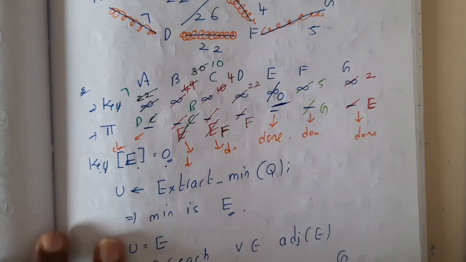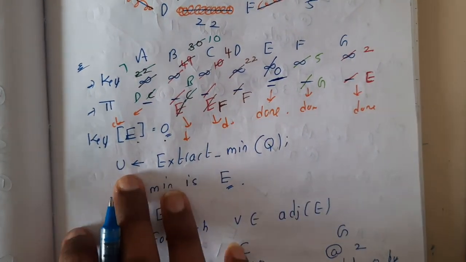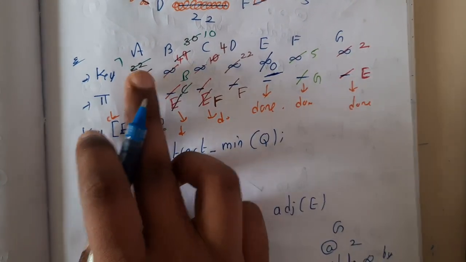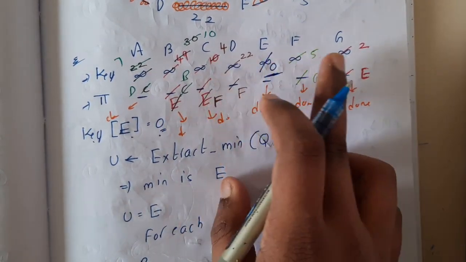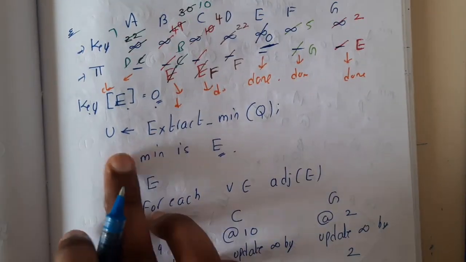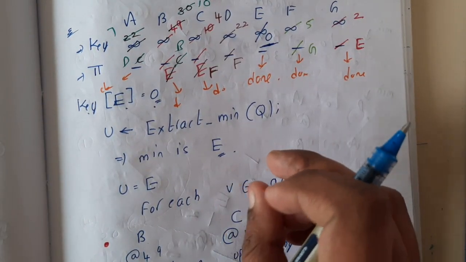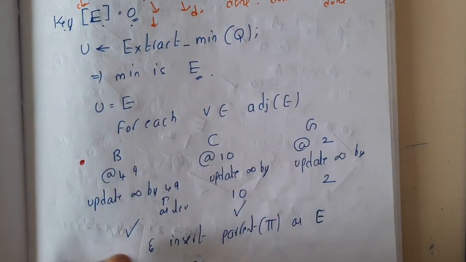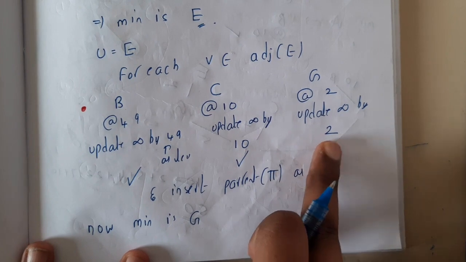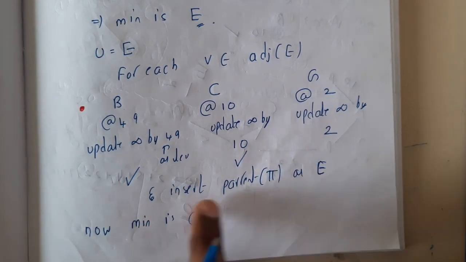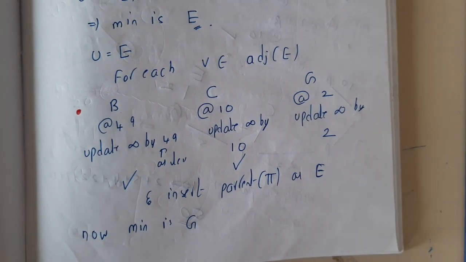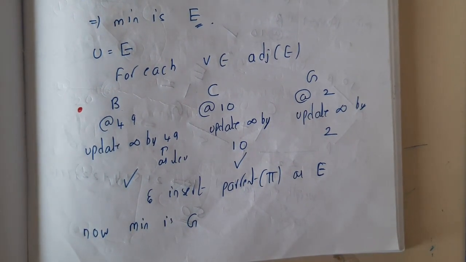So initially the value of e is equal to 0, and now all the elements are in the queue, like all of a, b, c, d. E is already done, so it will be removed. F, g. Okay, so now what is the minimum edge from e? The minimum edge from e is e to g. So among all the possibilities, I'll be taking the minimum one, that is nothing but this g. So I'll be selecting it and setting its parent, and I'll be assuming that both of them are connected now.